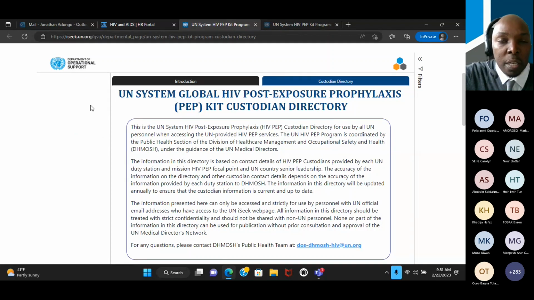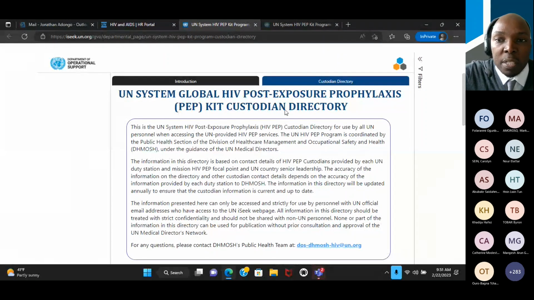Sometimes when you click the link for the first time, you get a sign-in request from Power BI, which means it's just checking whether you have access to the dashboard, because access to the website is password protected, but you will also need access to the dashboard. But if you have a UN approved email address, then it should automatically open up. So once you click the Power BI sign in button, this dashboard should open up, which is the HIV PEP Kit Custodian Directory.